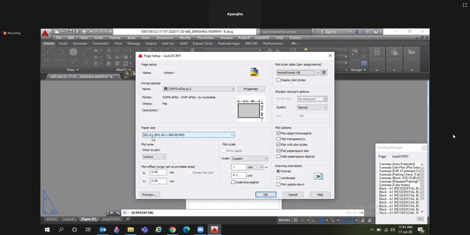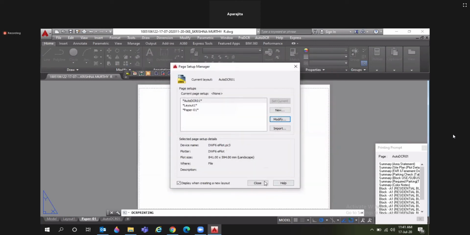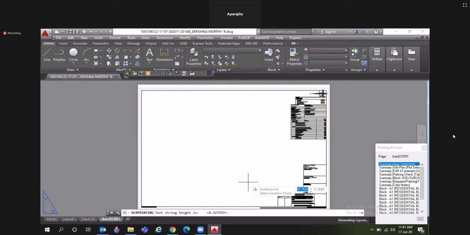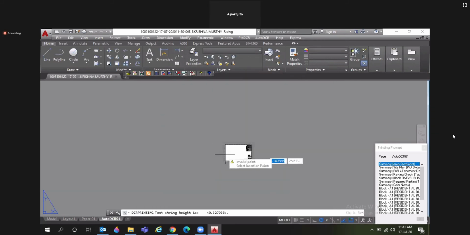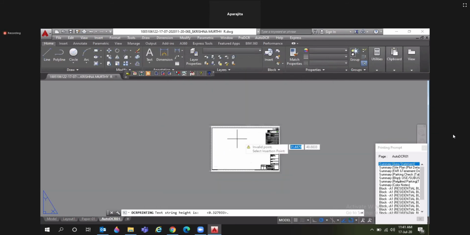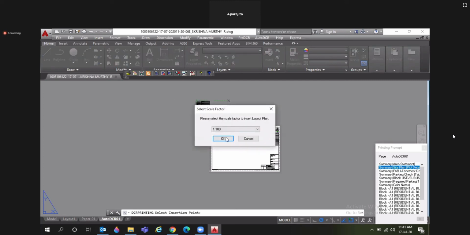If you selected a landscape paper size, then you have to select drawing orientation landscape and click on OK. Then place all the blocks and summaries by single click.